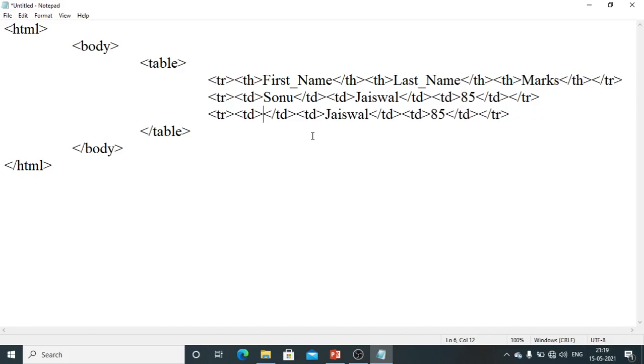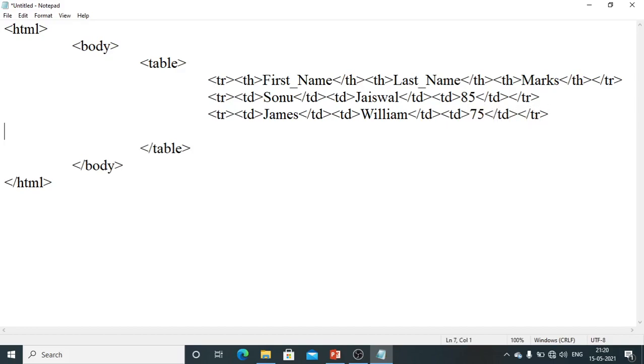Right. So next name I want to give is James. His last name, let us give it as William. So marks he secured is around, let us take it as 75 marks. So this completes another row. Last, I wanted to give one more entry.